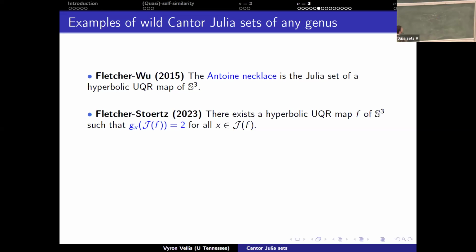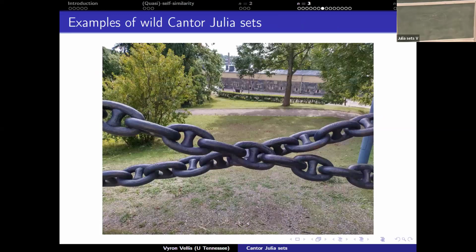And around here, the picture is going to look like this. You have two chains like that. So I took this picture in Finland, and as soon as I saw these two chains, I immediately thought of their paper, and I sent it to them. All right, but what is the problem?